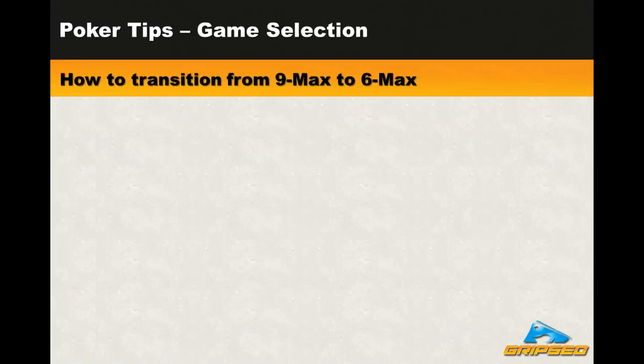9 max to 6 max, or if you play on a site like Ignition, how to transition from 10 max to, oh yeah, they got rid of 5 max. They used to have it. So 10 max to 6 max. And this information can also be applied for switching from 6 max to 4 max, or 6 max to 5 max, 6 max to 3 max. Not really for heads up, since dynamics really start to change there with the button being in position. But to go from 9 to 8 to 7 to 6 all the way down to 3,